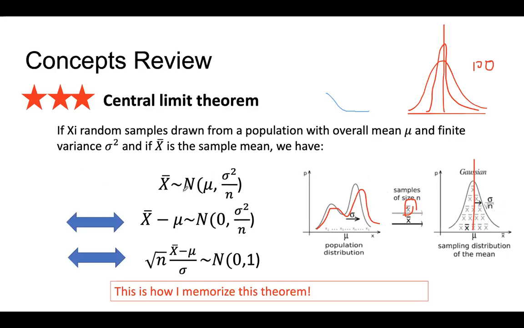Okay, so here we talk about the central limit theorem. The central limit theorem says that if x is a random variable from a population with mean mu and finite variance sigma square, the distribution can be fancy, can be strange, and it can be unknown, right? I don't say it should be a uniform distribution. I don't say it should be a normal distribution. It could be any distribution you like, right?